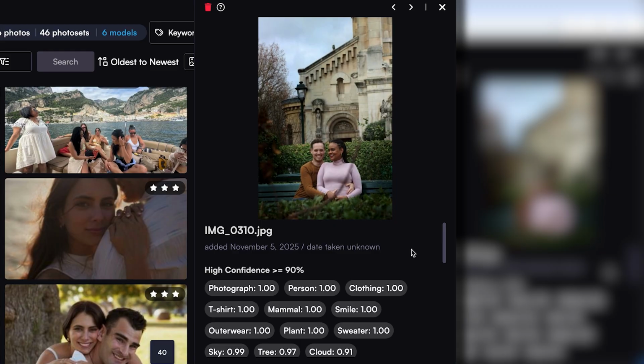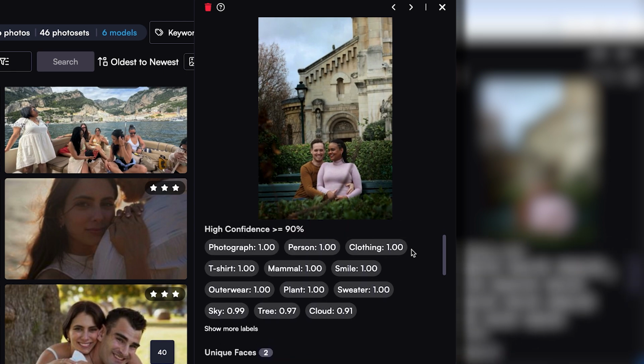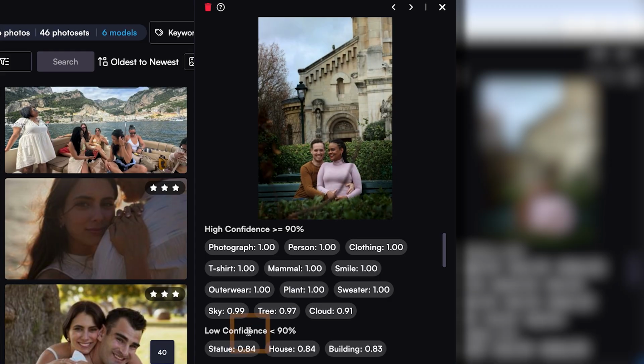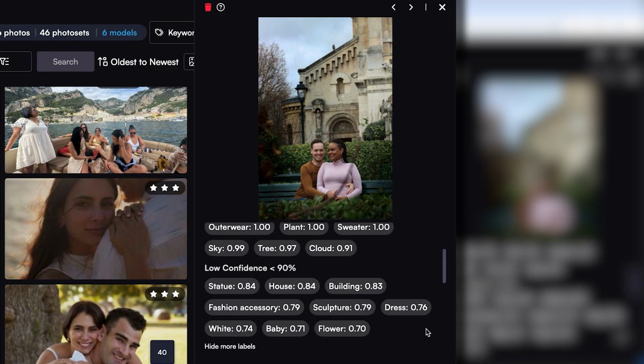We spent a lot of time with various professionals determining the best set of labels to use. We automatically show you the labels that best describe the images, but if you click Show More Labels, you'll see all the labels that have been generated. Each label also comes with a confidence score, so you can see how certain the system is of each label